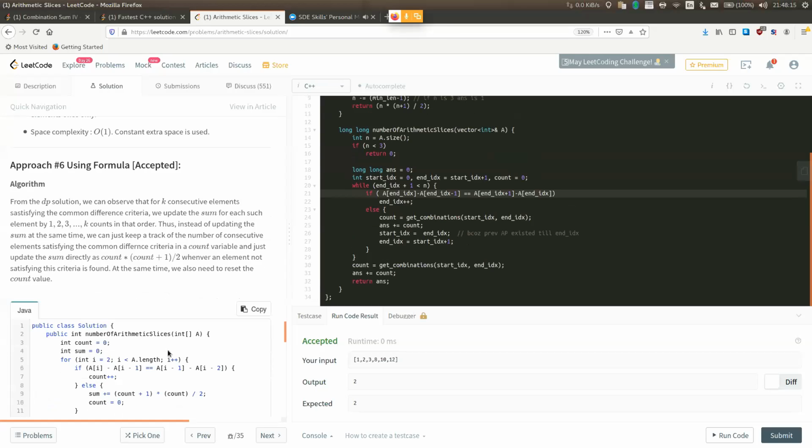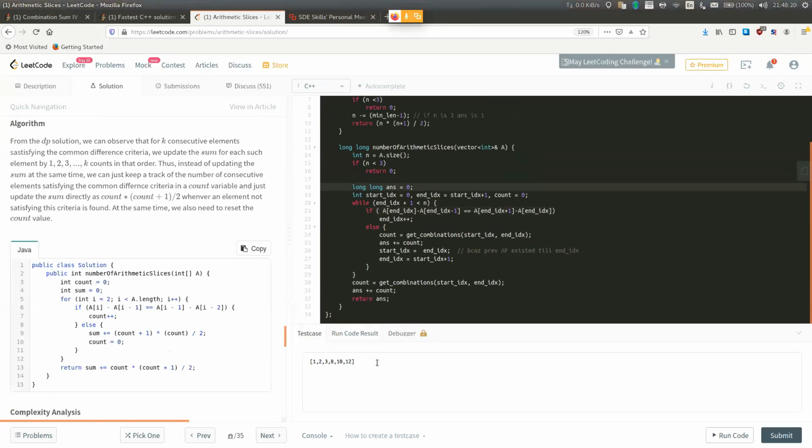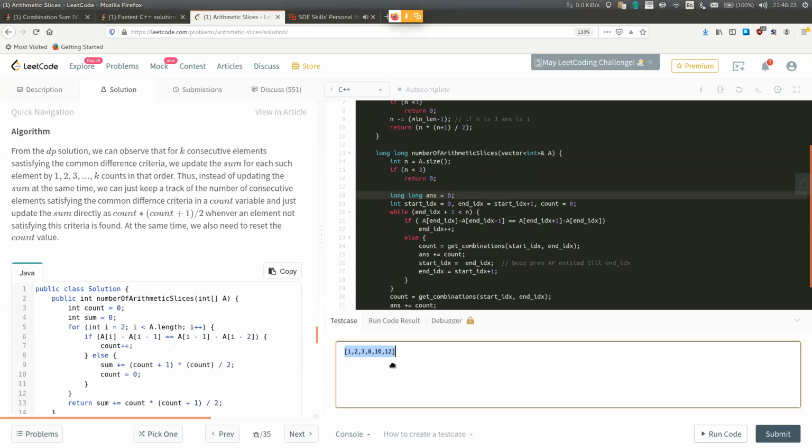So what I basically did was, if we take an example, 1, 2, 3, 8, 10, 12, what matters to us is that we found these three form an AP 1, and these three form an AP 2. If we add one more number, like 4, now we have an AP of length 4.